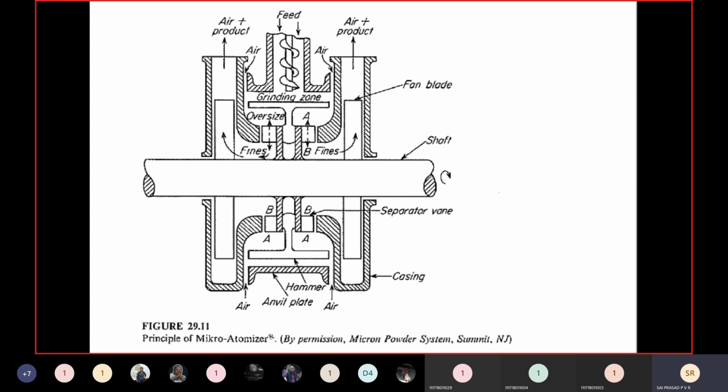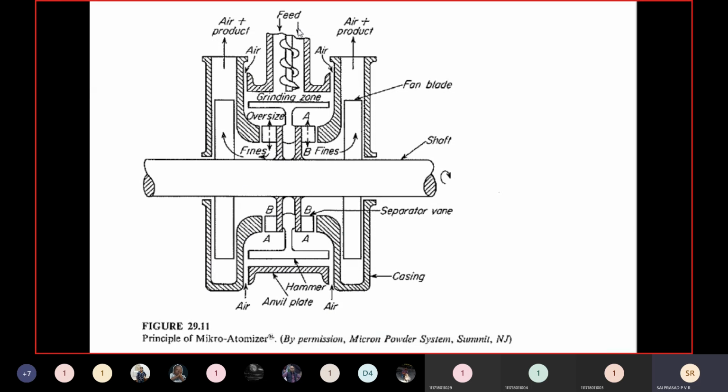Here, it is like a pipeline which has a shaft and also a fan. The main point is that our feed will enter from here, and this is a screw conveyor. It will facilitate a constant dosage of materials to the size reduction zone. Here we have a central shaft, and this is the external casing. The central shaft will be carrying hammers. This is one hammer, this is the second hammer. Like that, you can have one more hammer here, one more hammer here, and they will be rotating inside a casing.